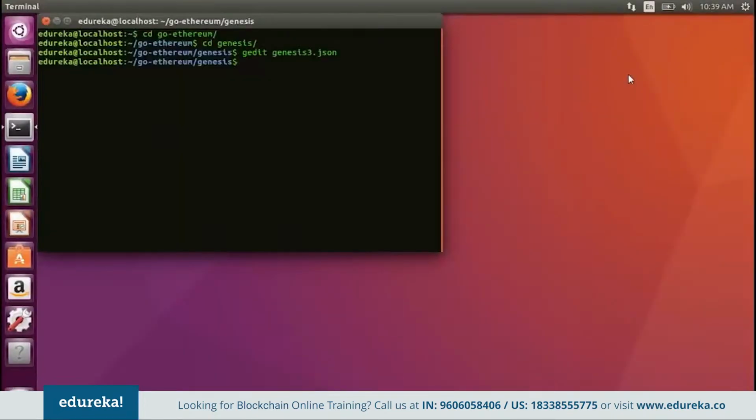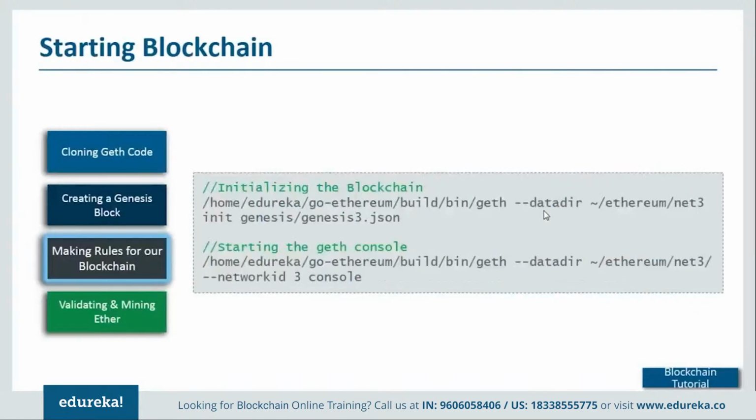So once you've completed this, we are done with step 3. Now it's time to initialize our blockchain. So for that, let's go back to our presentation. Now for starting your blockchain, you need to execute the following command, that is